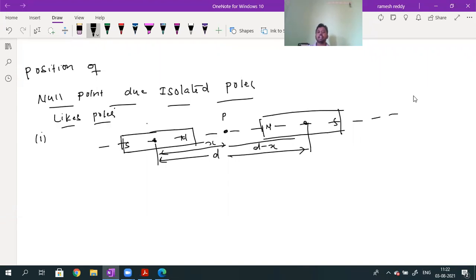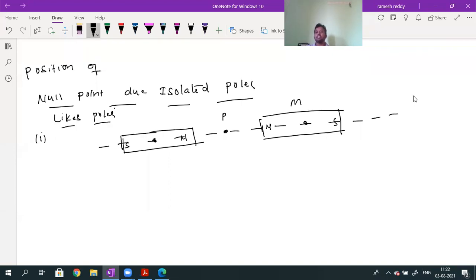The first bar magnet has a magnetic moment m1. Here there is no need of magnetic moment; I will consider the pole strength. I am not considering the individual poles, here I will consider the total bar magnet. But I need to consider only poles, so how can I consider this with poles?